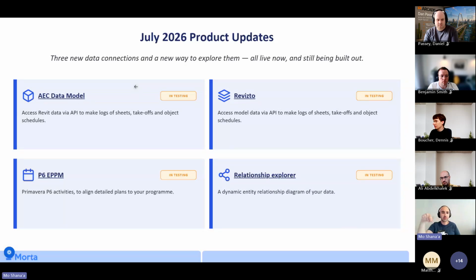Many have wanted us to integrate with P6 over the years. We were reluctant on P6 for a while because not many used cloud. But what I'm seeing more and more is that more of you are using P6 EPPM, which is the cloud-based version of P6. We now can integrate with that and control data from there. And if you want to get access to that, just let us know, and we can test that with you